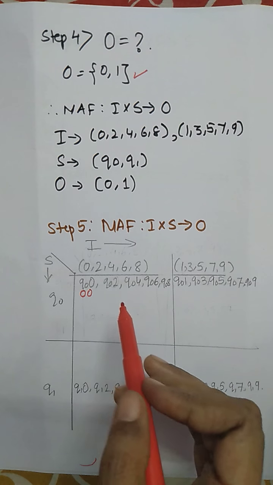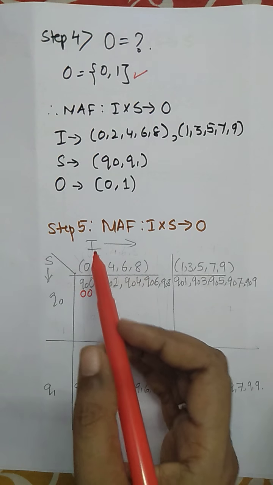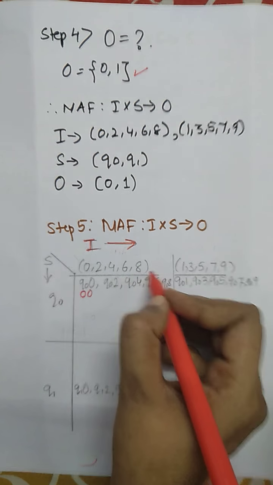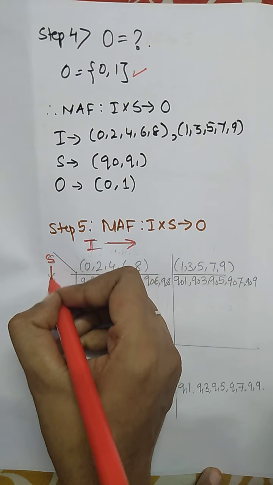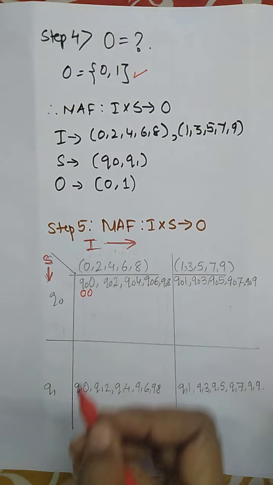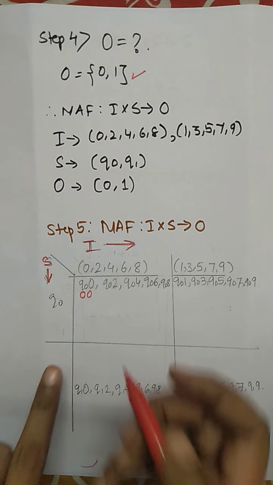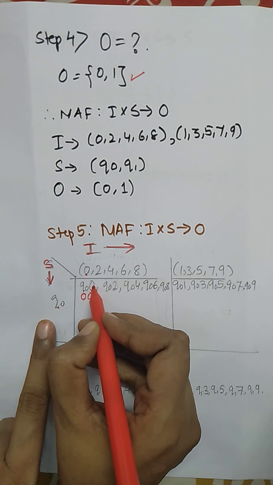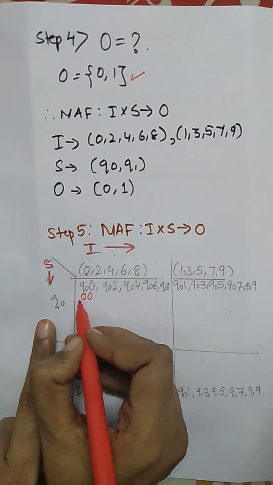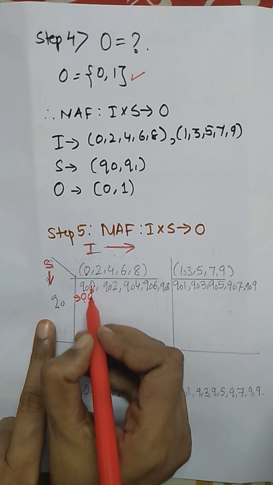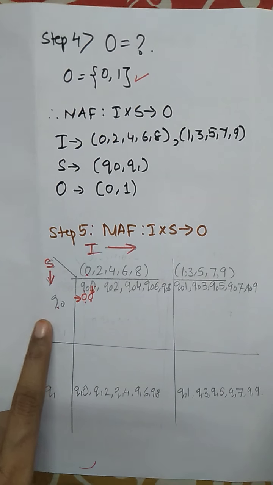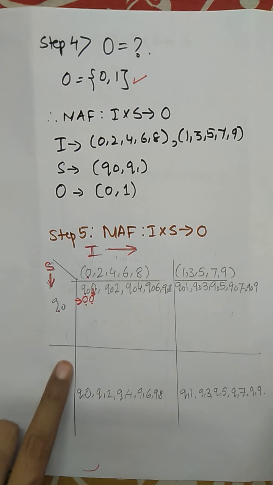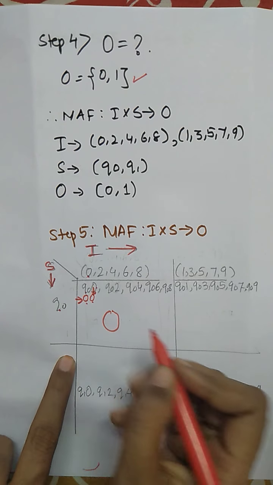Now it is time to complete the machine table, in which as a row header we write I, in the form of even number and odd number, and as a column header we write the states Q0 and Q1. Q0 with the next input bit as 0: Q0 produces output 0, as the next bit 0 makes the number 0. Is the number 0 divisible by 2? Yes, so it produces output 0.